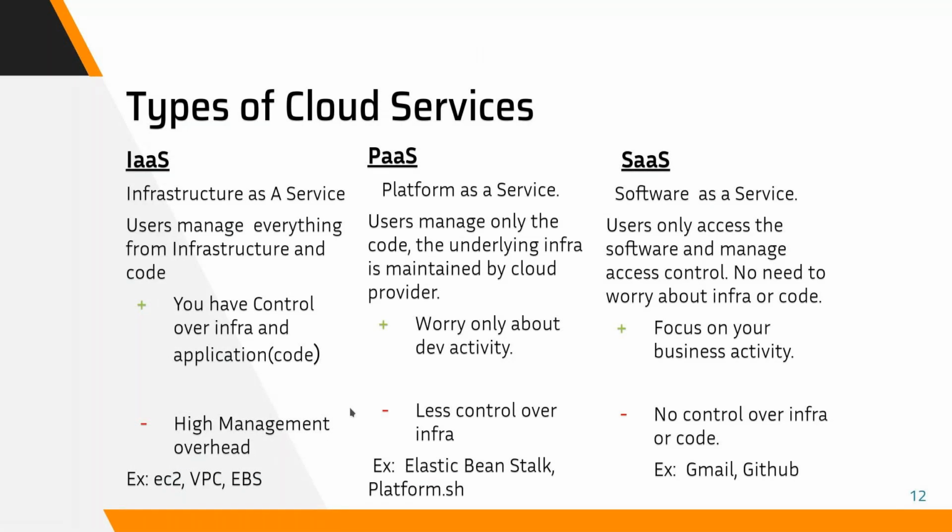So one of the examples from an AWS perspective is Elastic Beanstalk. You don't have to manage the virtual machines and all those things, or the networking side. You can directly plug in your source code and it will start running your application. And platform.sh is another such provider, not by AWS but an external service. You have App Services or Google App Engine from Google. You have Azure App Functions or Azure Web Functions from Microsoft. These are all PaaS providers, right?